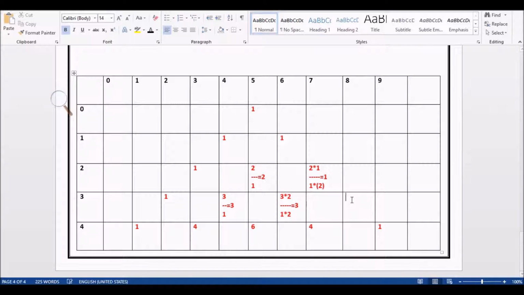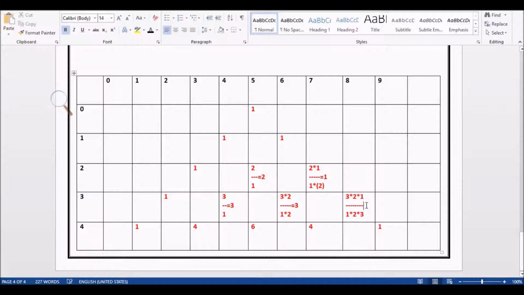See now here, 3 will be present and also 2 will be present. Sorry, 3 into 2 into, and 2 will be decremented, that is 1, and it is divided by 1 into 2 into, and now it is incremented with 3.